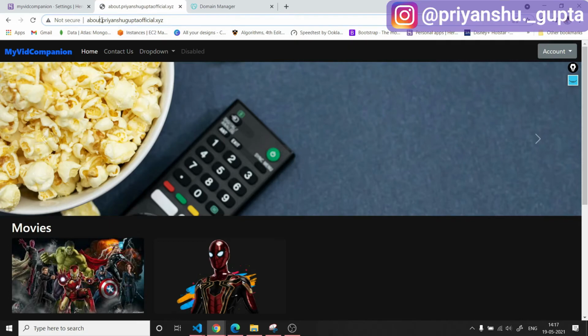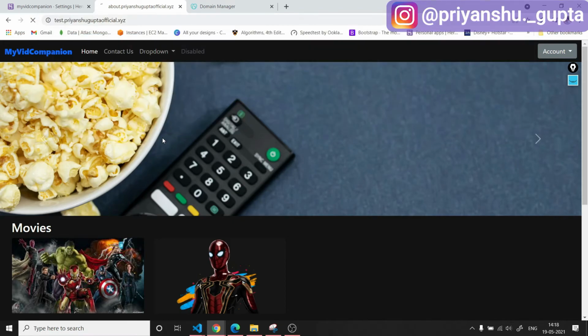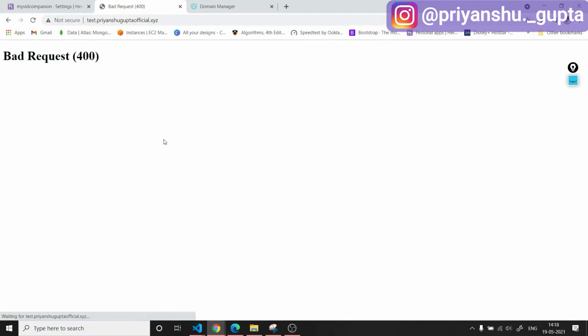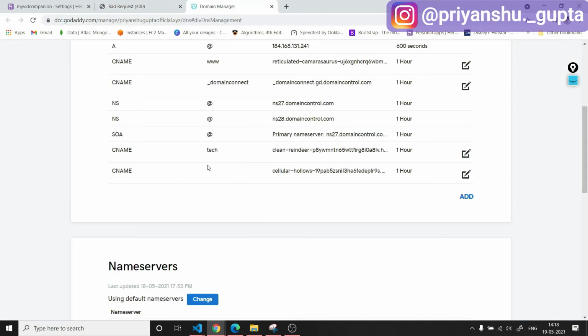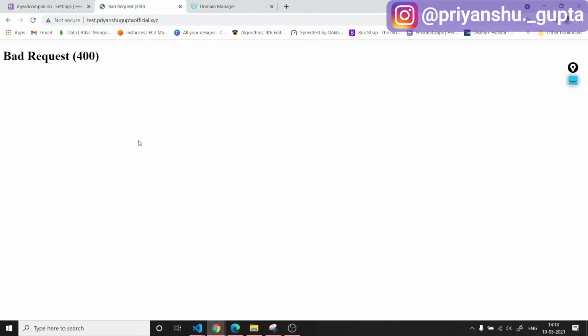And if I try to access with some new subdomain here, let's do with test, then it will give us bad request because we have not added this subdomain to allowed host of Django project here. But it is not blocking here because we have added a wildcard entry here as well as here. Okay, it is not blocking here completely. It is able to contact the Django project, but Django project is restricting it. It's blocking it to provide access here.